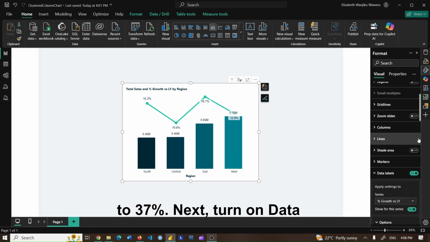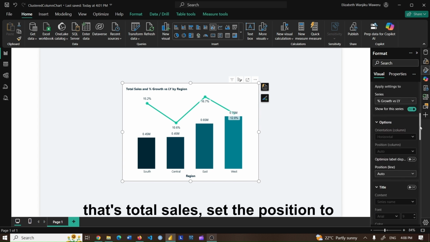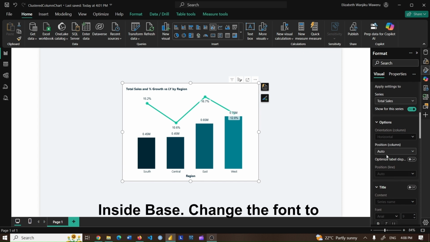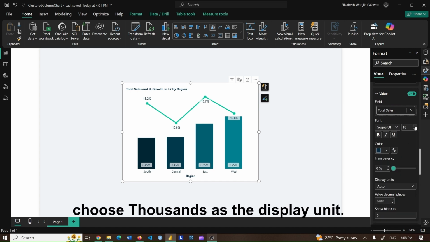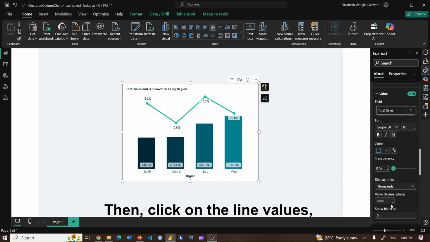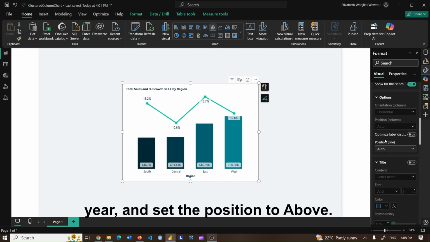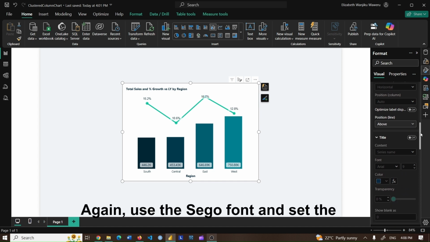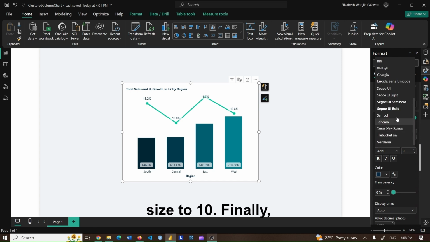Next, turn on Data Labels. For the bar values, that's total sales, set the position to inside base. Change the font to Segoe, set the size to 10, and choose thousands as the display unit. Then, click on the line values, that's % growth compared to last year, and set the position to above. Again, use the Segoe font and set the size to 10. Finally,